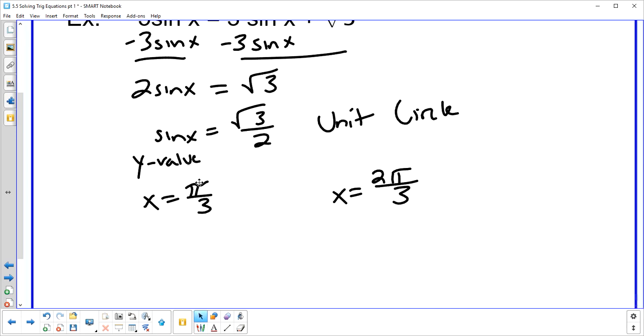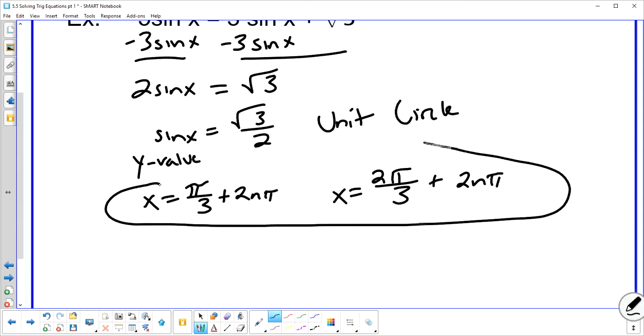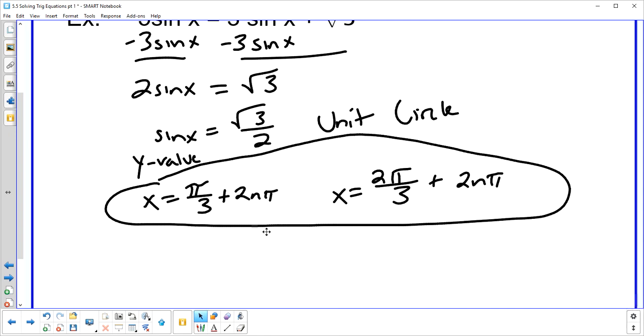Okay, so we don't need to worry about the domain restrictions we had before because we're talking about sine, not sine inverse. But, and this is where that last slide comes in, because we're repeating every 2 pi, we need to add in 2n pi to both of these angles. Okay, and now x is solved for, so we have an infinite amount of solutions because we're repeating every 2 pi, but we have 2 angles that we're